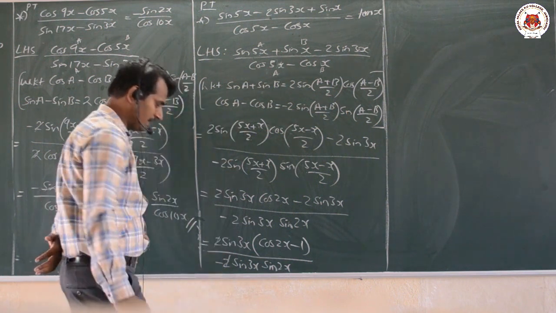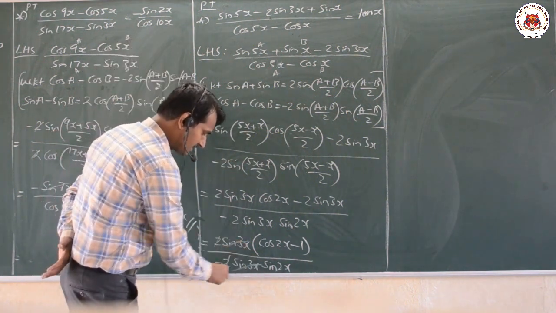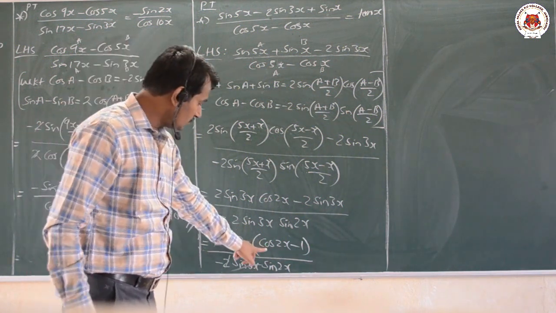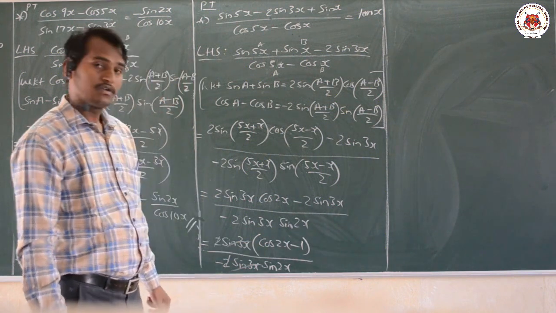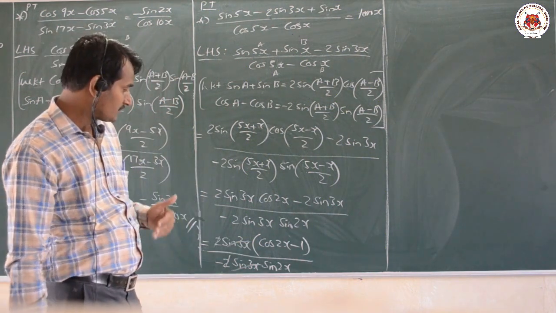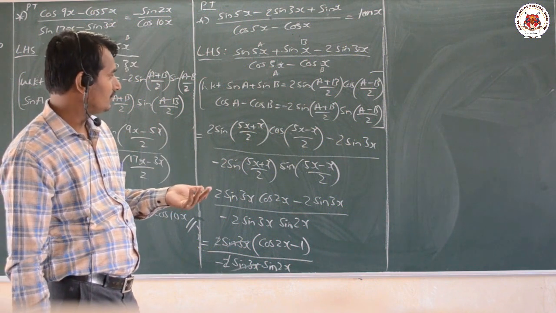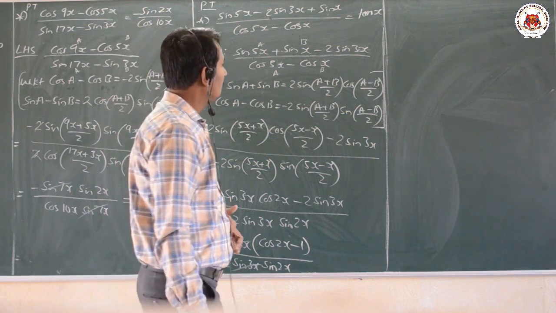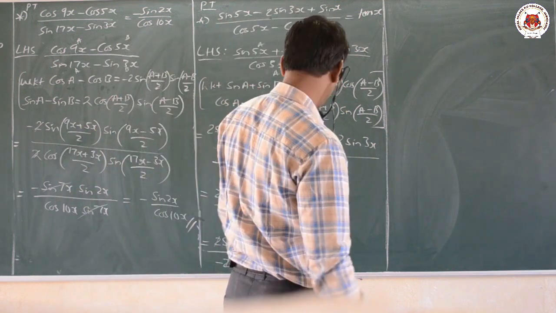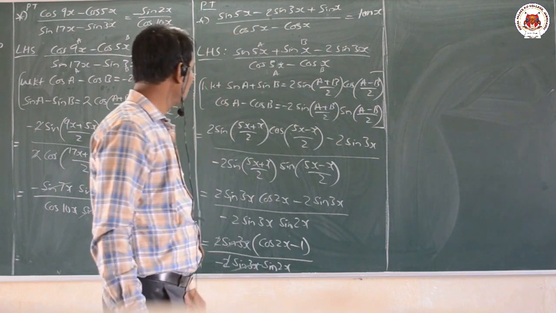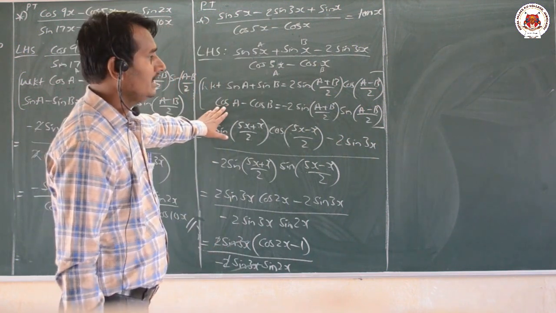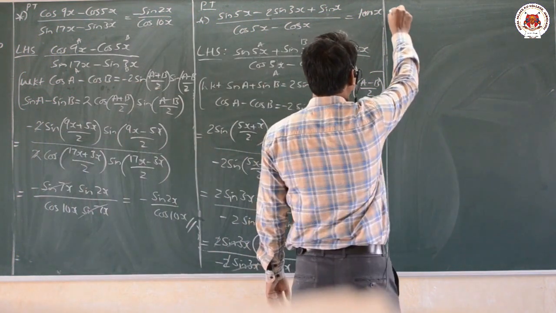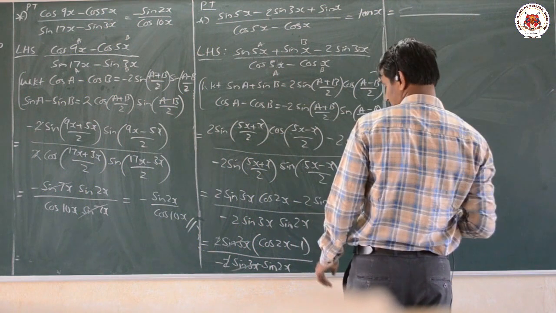Here we can observe that 2 gets eliminated, and sin 3x also gets eliminated. Only the minus term is remaining here. Cos 2x, how do we have to write it? How do we have to solve that? Whether we have to write it in terms of sin, or in terms of cos, that is the main part here. Since our required proof is nothing but tan x, how do we require to solve it? One more thing, dear students: here, cos 2x minus 1, whole divided by minus sin 2x.